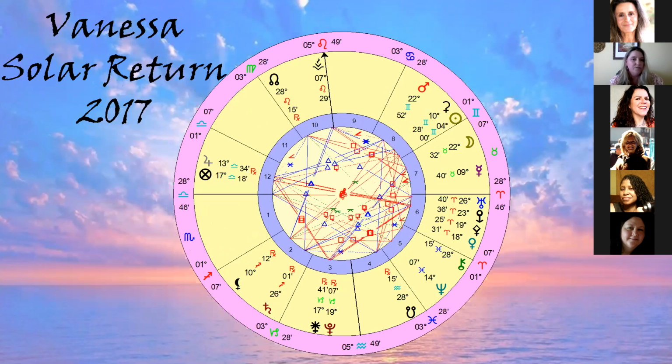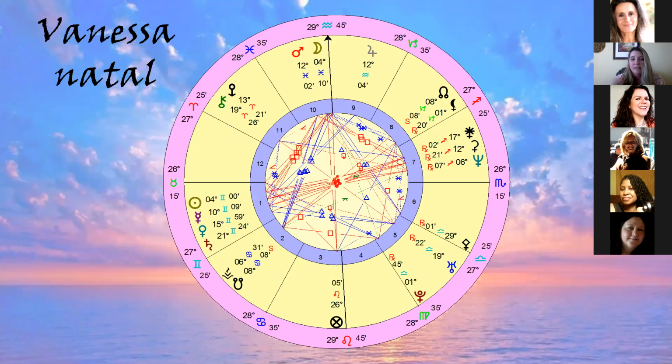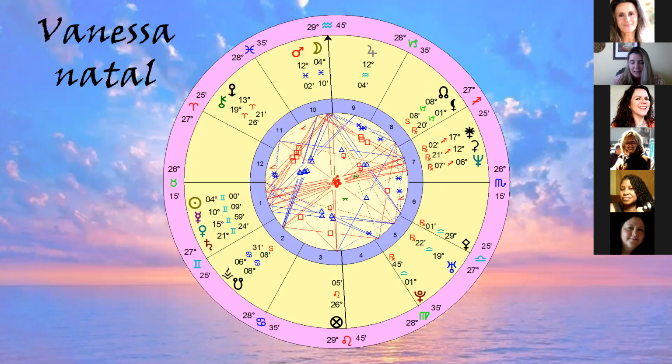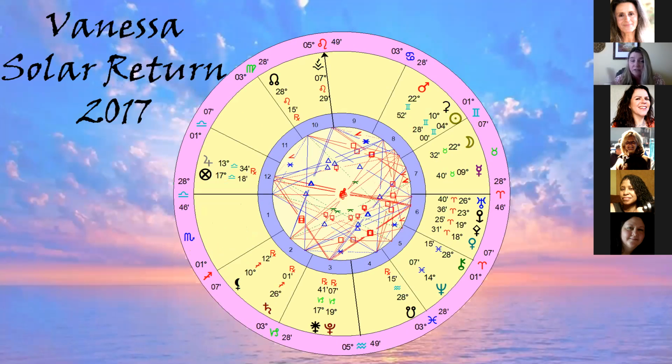So what is the first thing I want to take a look at? The first thing is right here: 28 Libra is the rising sign. And if we go back and forth between this one, which is her natal, we see that this rising sign is just inside her 6th house. See that? So that is telling us that the 6th house is going to be the focus for the solar return year for Vanessa. So then we look at, okay, where's the ruling planet?